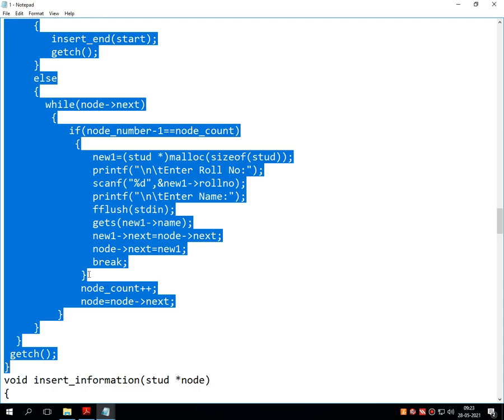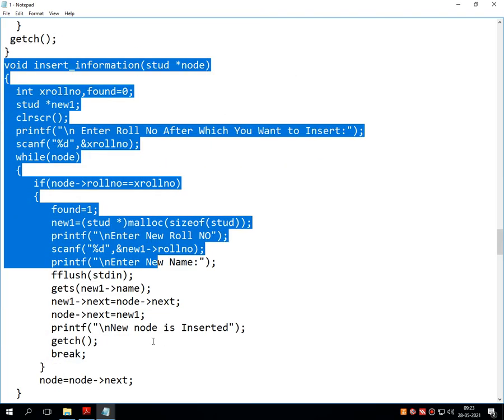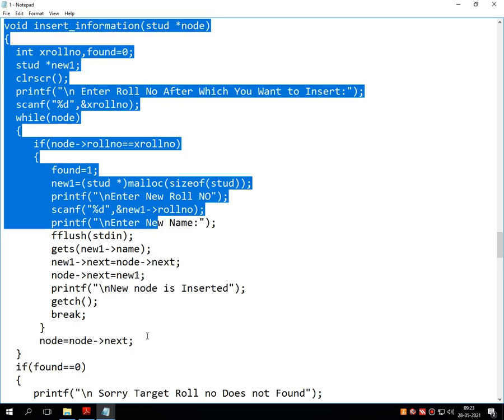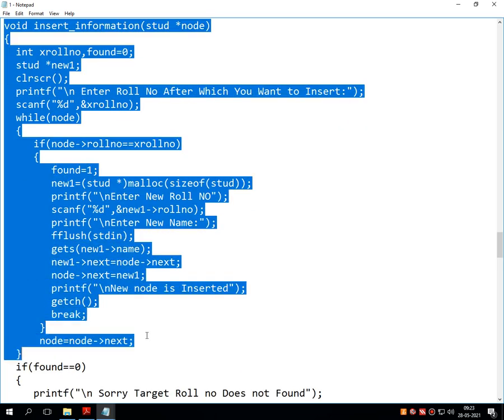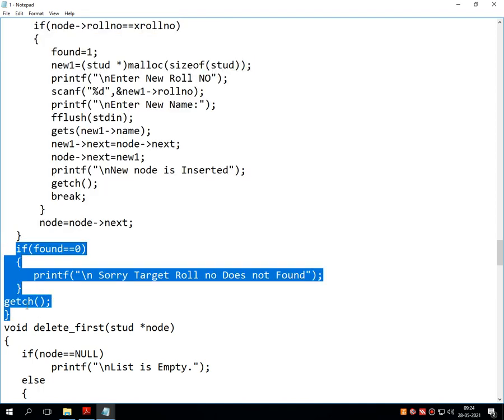Fine. Again pause the video and write down this insert_information function up to this closing bracket. Fine. Again pause the video and write down the remaining lines of code.